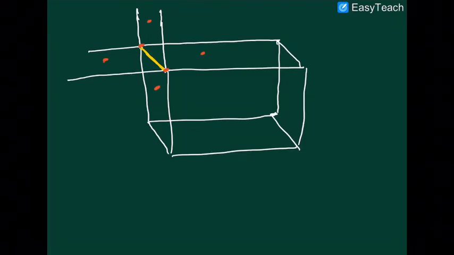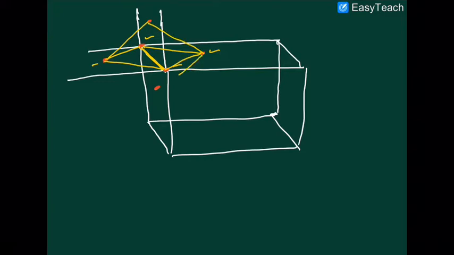So what will happen now? These 1, 2, 3, 4 atoms are in the same plane. After that, you will join these. So this is above and below. You get that or not? So you can find here that this is the middle, on the edge of the cube. What will happen?